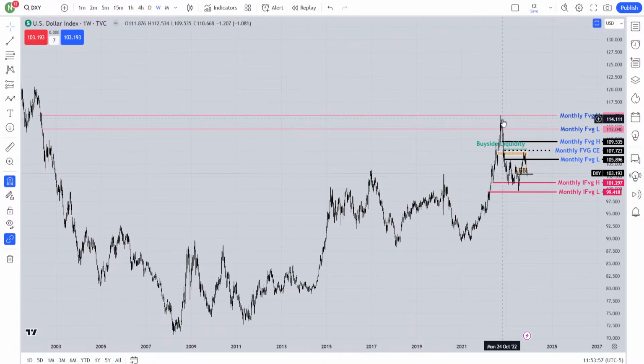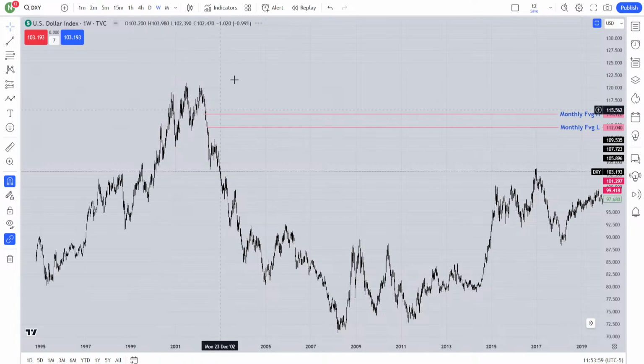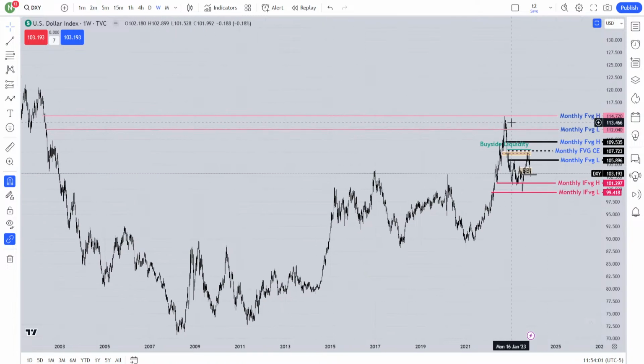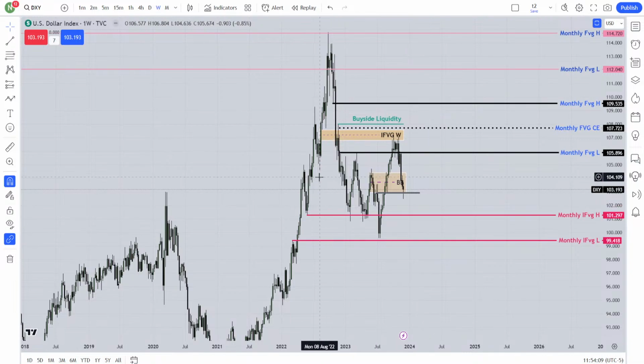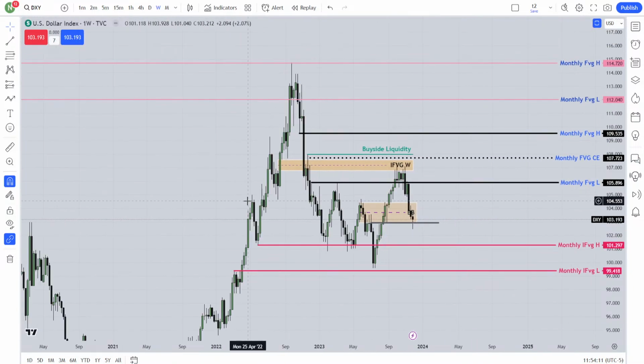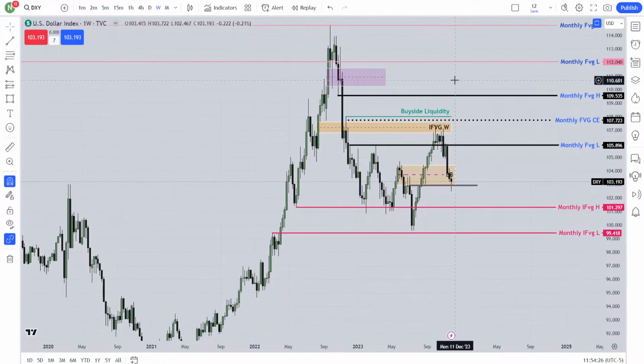Now look over here. This high failed to take those highs. This high failed to take those highs. When it went higher, this run has two fair value gaps. One is here, one is here, okay. Look at over here, I'll just mark it. Which one is going to be my inversion fair value gap? Okay, I have marked that one as well. Now look over here, when it went higher, it failed to take that buy side liquidity.